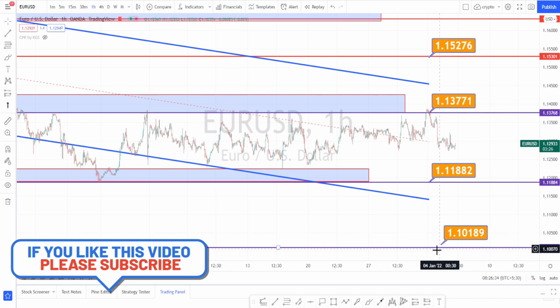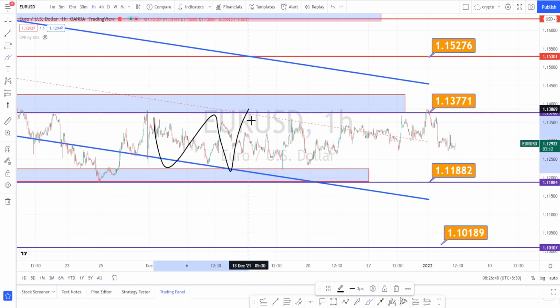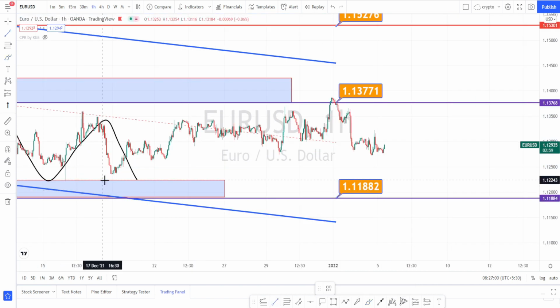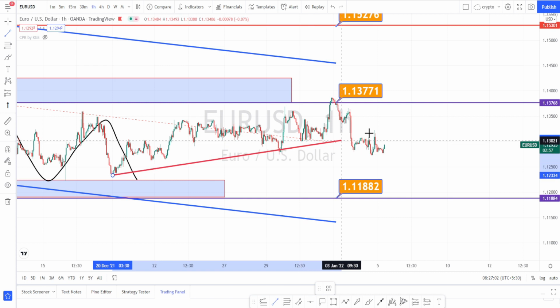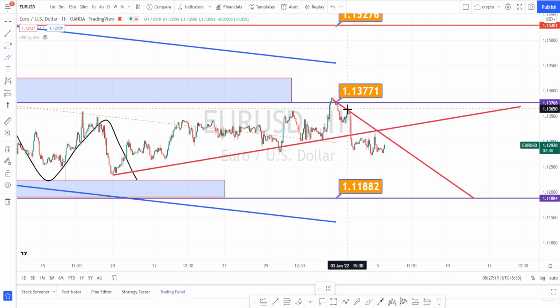So I am in hourly time frame now. When we look at the price action in hourly time frame also, it is in a very nice consolidation. It is trading within these support and resistance levels. Within this support and resistance level also, currently it is on a retracement. So you can draw trend lines like this and decide on your entry and exit when it touches this resistance level.